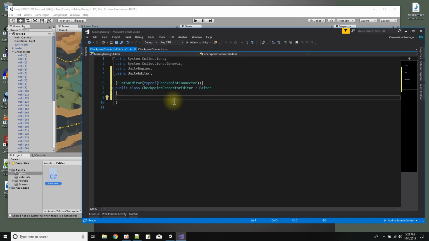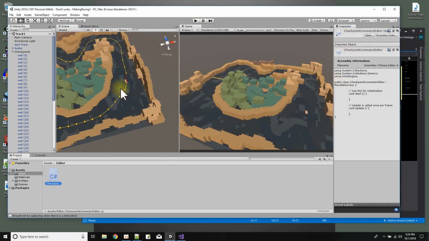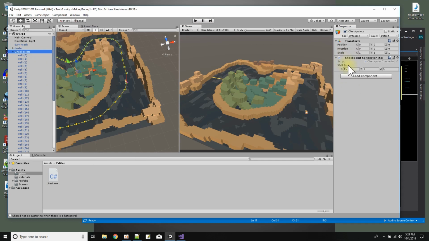Okay, now inside, I'm going to override one function, public override void OnInspectorGUI. There we go, OnInspectorGUI, pick that one. Bam. All right, so this OnInspectorGUI event from the Editor class is going to happen every time this inspector window draws. So